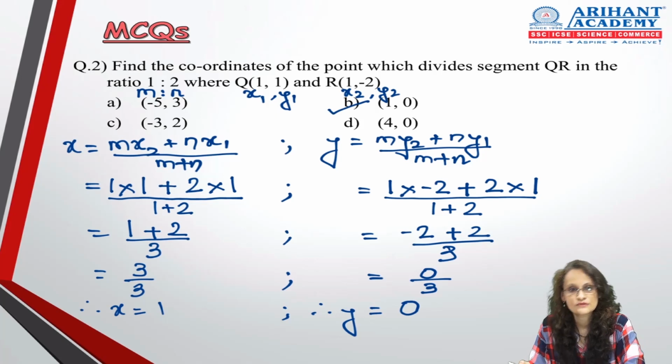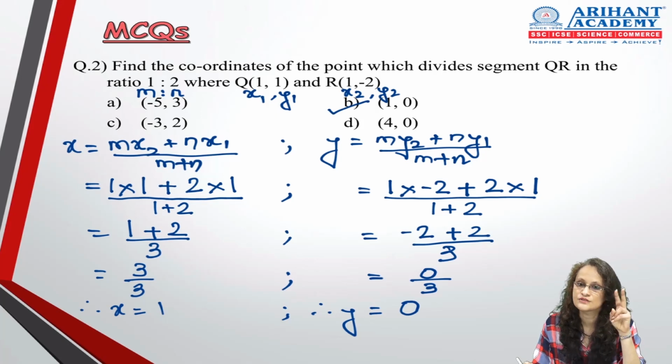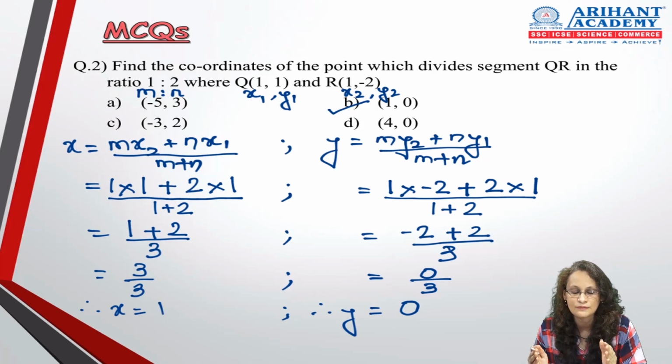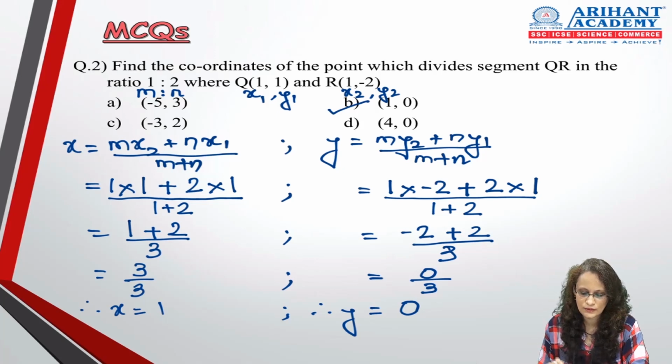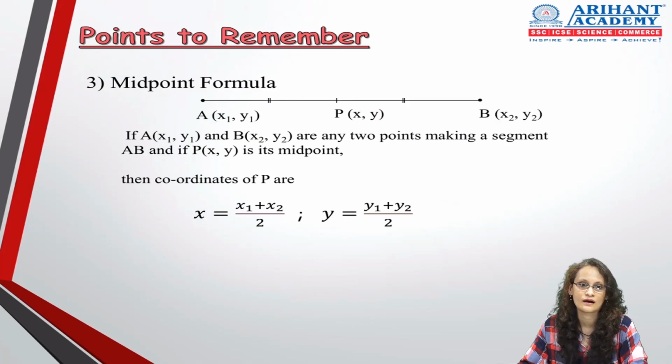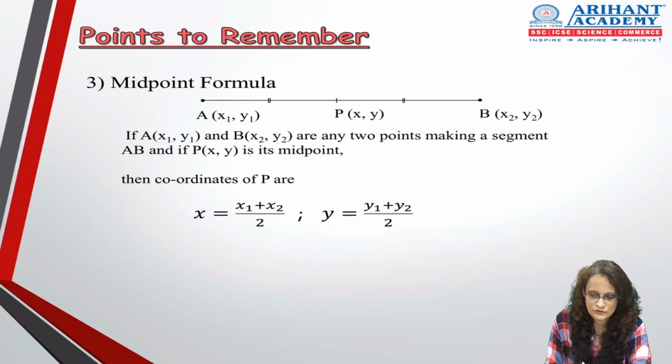Alright? So I'm sure we are sorted with the first two formulas. और जैसे मैंने कहा था टोटल 4 हैं, 4 में से 2 we have already finished and our 50% of the chapter is done. Moving ahead now to the third formula. As the name suggests, self-explanatory midpoint formula. ठीक है? So now what is midpoint formula?